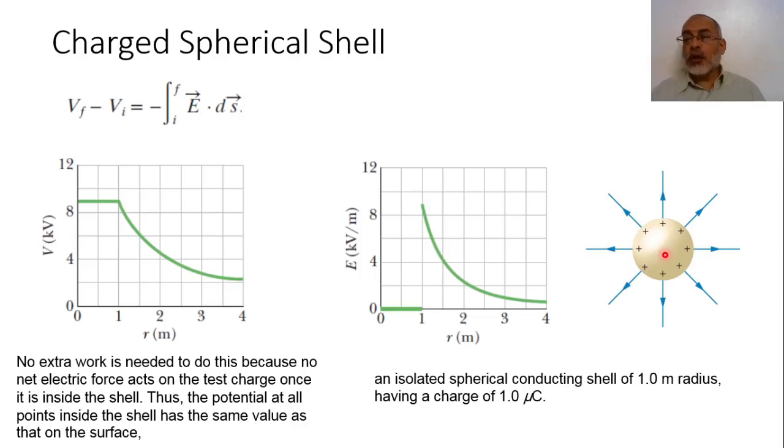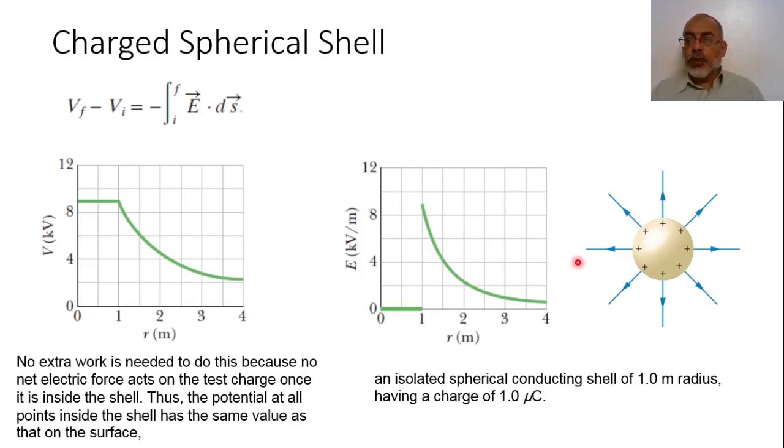On the other hand, if you are interested in calculating the potential at any point, we can find the potential at the final point minus the potential at the initial point as minus the integration from the initial point to the final point of E dot ds. Assume that the initial point is at infinity, so the potential at any point is minus the integration from infinity to the final point of E dot ds. We can take this integration, which is actually q over 4 pi epsilon r.